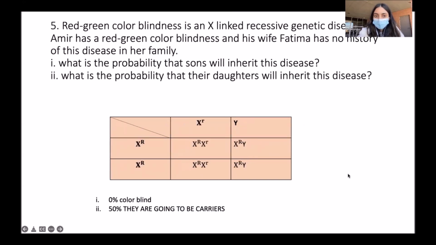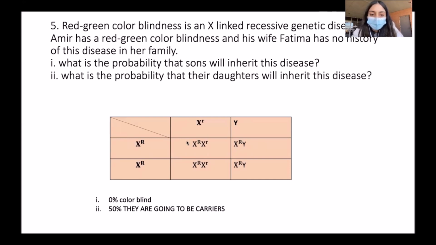So this question is about X-linked genes. It's asking, red-green color blindness is an X-linked recessive genetic disease. If Amir has red-green color blindness and his wife Fatima has no history of this disease in her family, what's the probability that their sons will inherit this disease, and what's the probability that their daughters inherit the disease? So